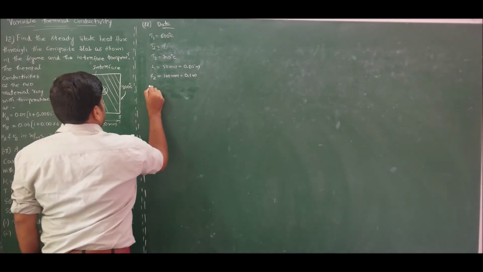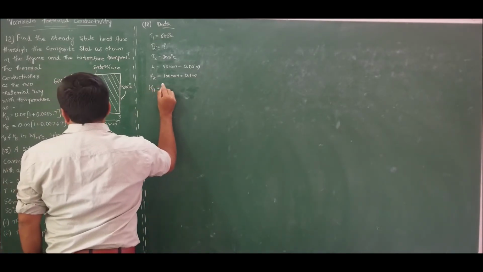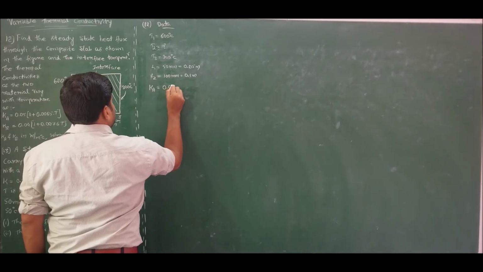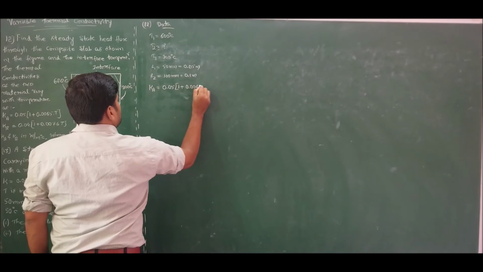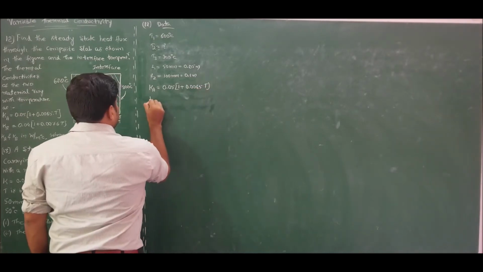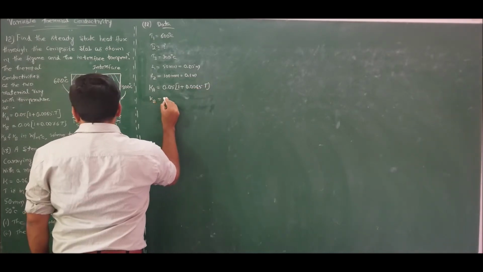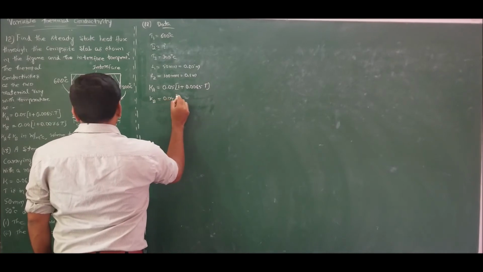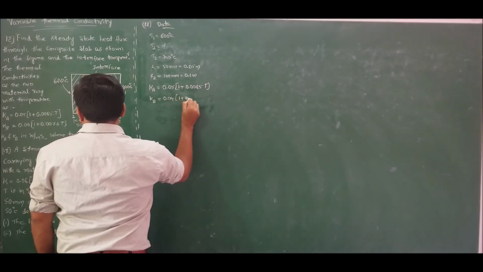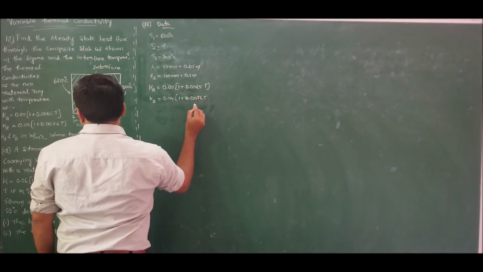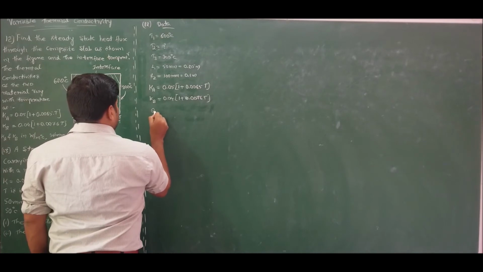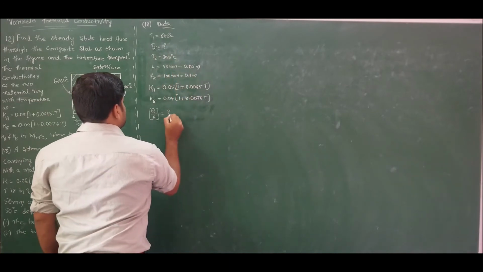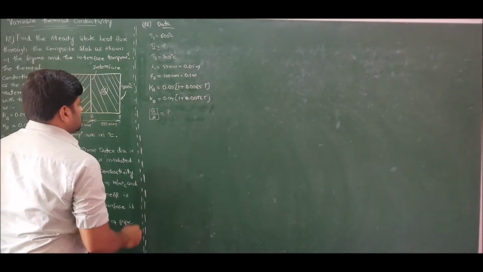He has also specified the values of thermal conductivity, which are functions of temperature, as Ka is 0.05 times 1 plus 0.0065 T, Kb is equal to 0.04 times 1 plus 0.0076 T. Now he is asking us to calculate the value of heat flux, that is Q by A, and the interface temperature T2. Let us solve this problem.